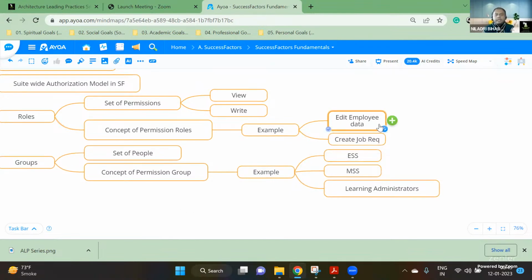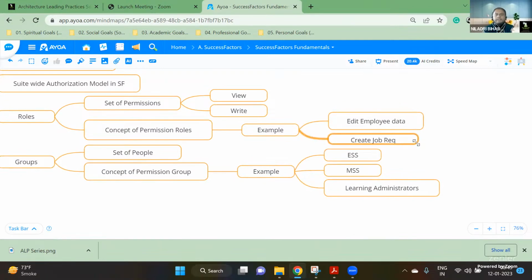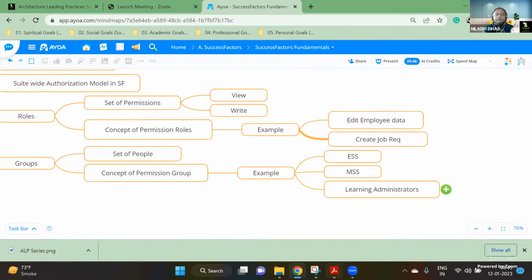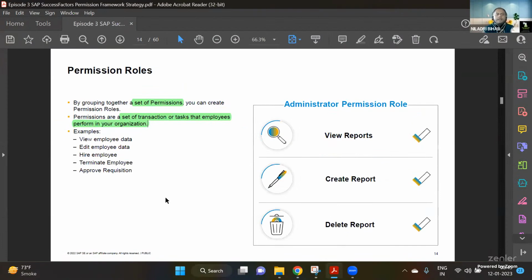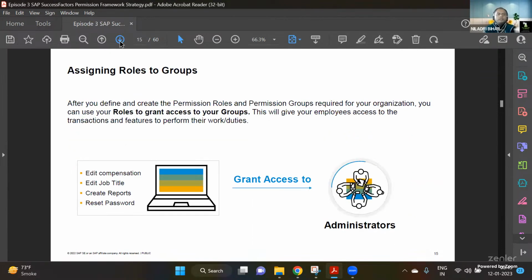Again, these are all the set of permissions you should be having, right? And this is how hire employee, view employee. There are many more examples you can see here, right? So these are the different examples for permission role and permission group. So now what